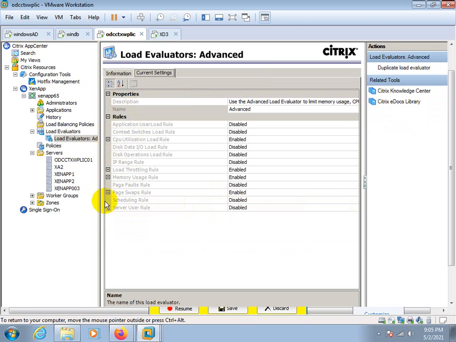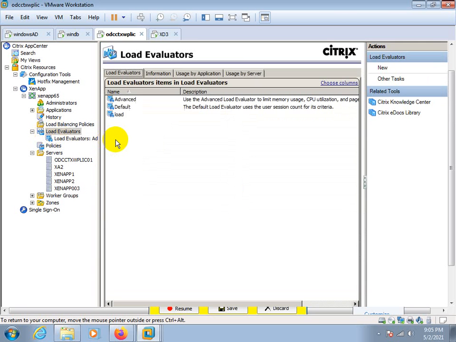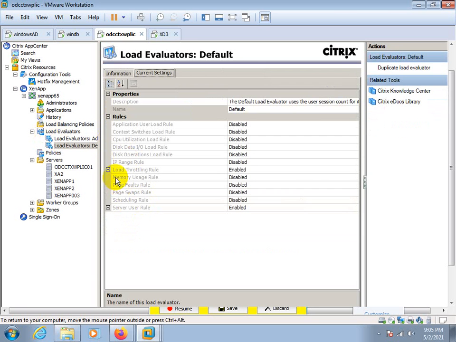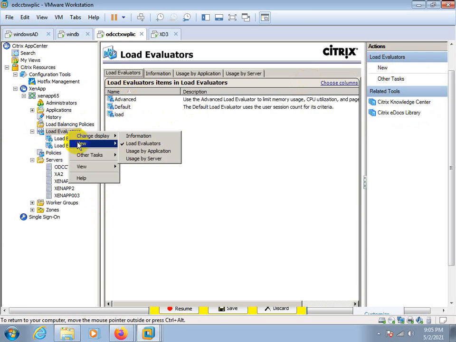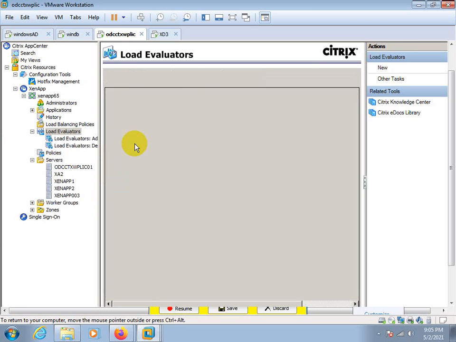Means by default, these 4 rules are created for advanced: CPU utilization, load throttling, memory usage, and server user load. If you want to create a new one, just click on the new on the load evaluator or right click here and add load evaluator.